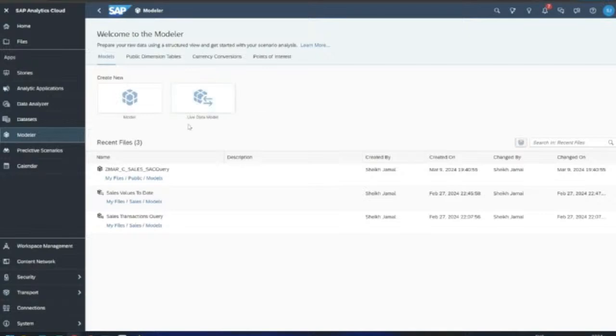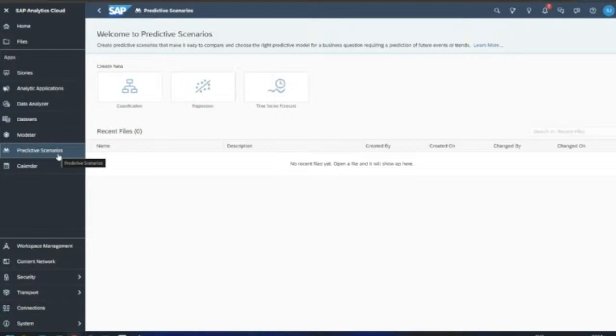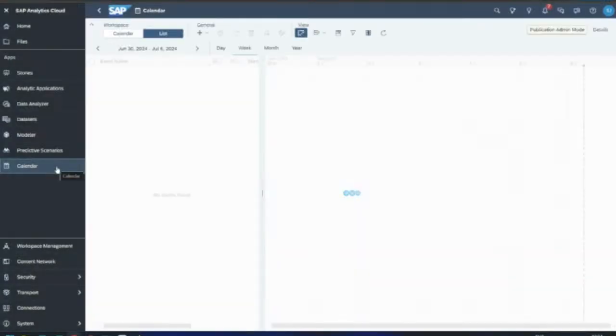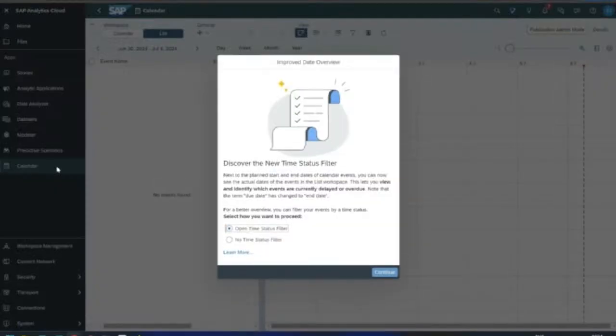You can load live data from your underlying BW for HANA, ECC, BPC, or S4 HANA systems. We will also have the predictive scenarios where we can apply machine learning, and then we have planning related functions like calendar, data actions, and stuff like that.